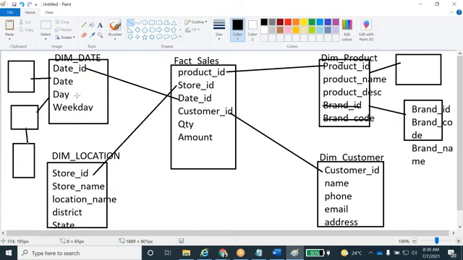So the definition of the Snowflake schema is: the Snowflake schema is an extension of the star schema. The dimension tables are extended, split into multiple dimensions. That is a Snowflake schema. So they're going to split the data by category into small lookup tables. They're going to generate small lookup tables. So all the brand information they're going to load here.